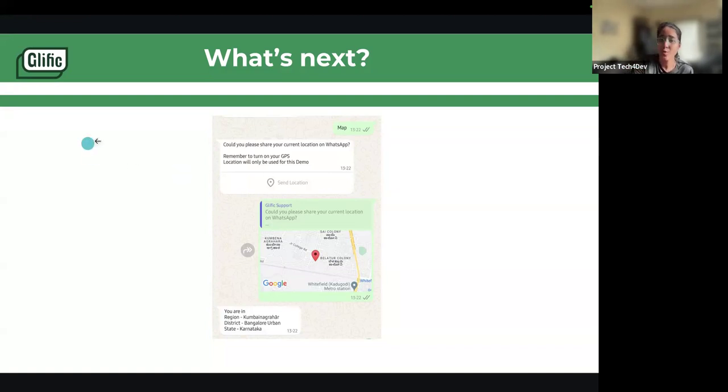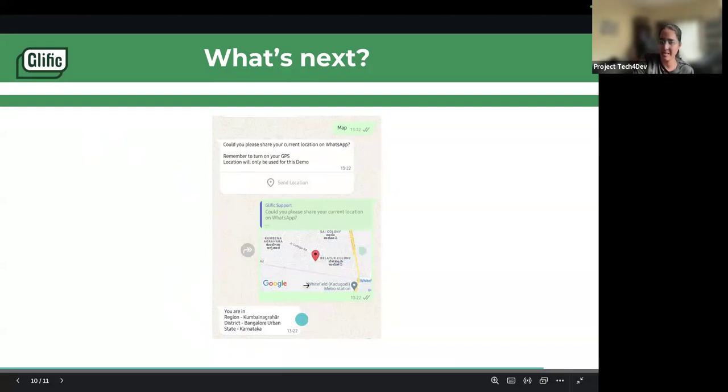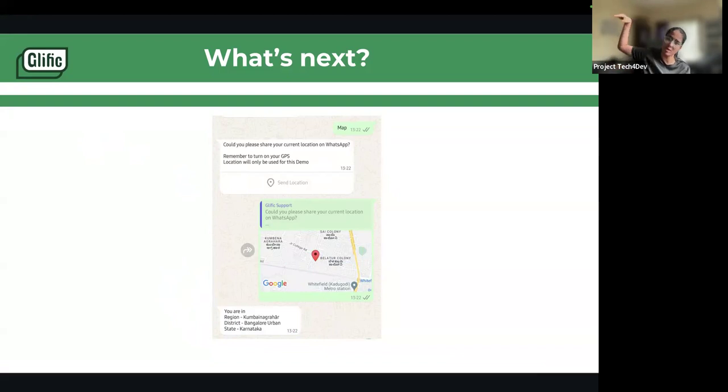Once the location is sent, we give some basic details like, hey, you're in this region, and this region is based on Google Maps. So you are in this region, this district, and this state. As phase 1 of this feature, we'll be giving these 3 basic details.